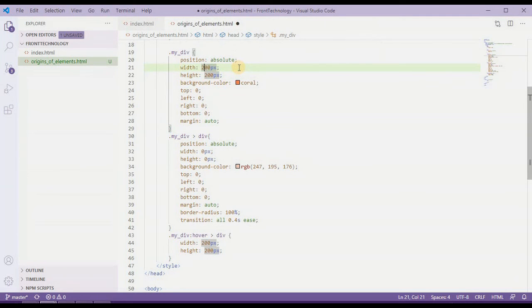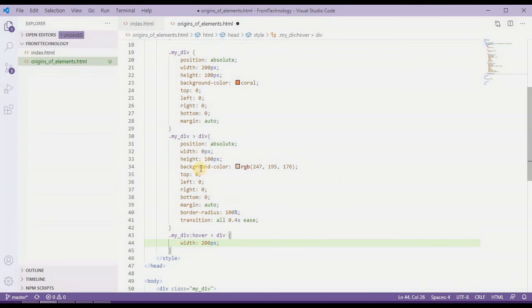Width let it be 200 and height 100 pixels, and here also we'll have height 100 pixels, but initially width is 0 and we are not changing height over here.